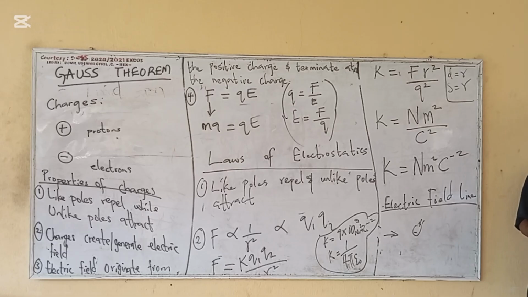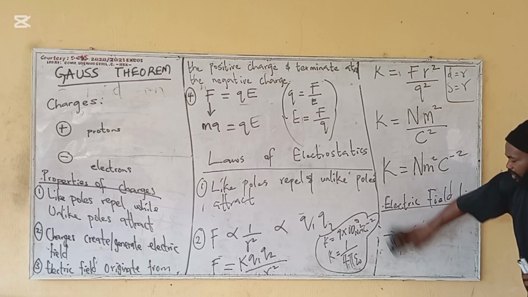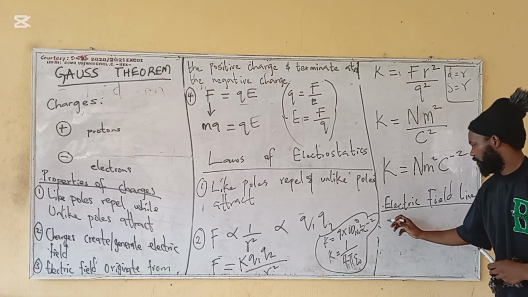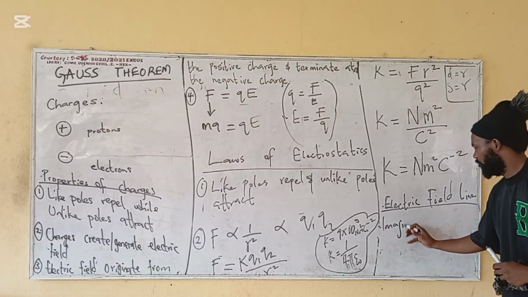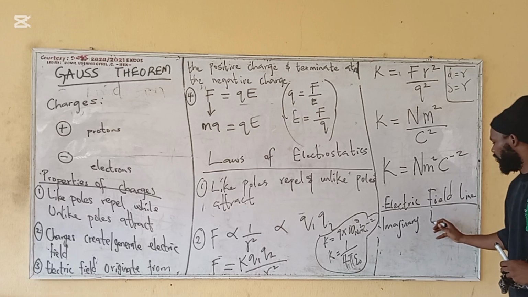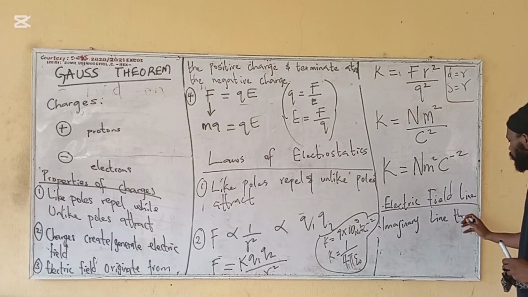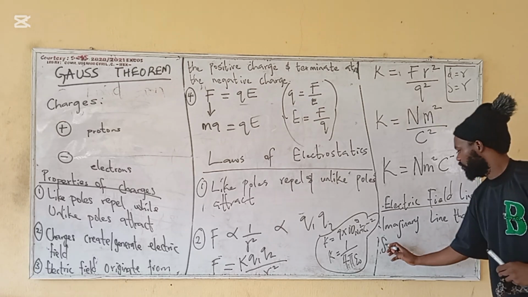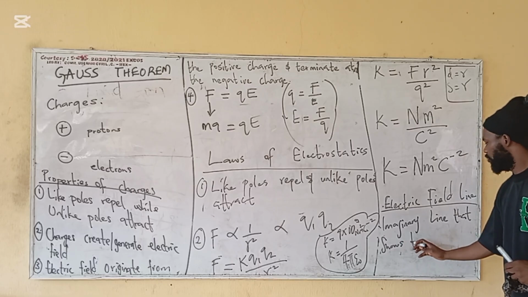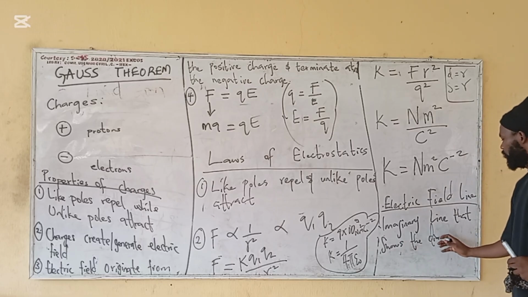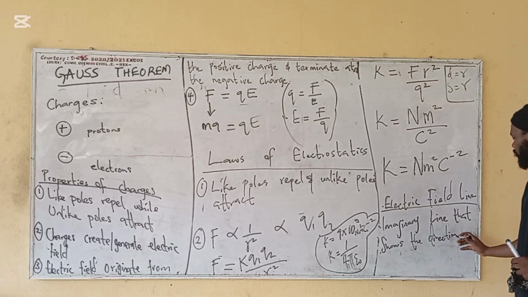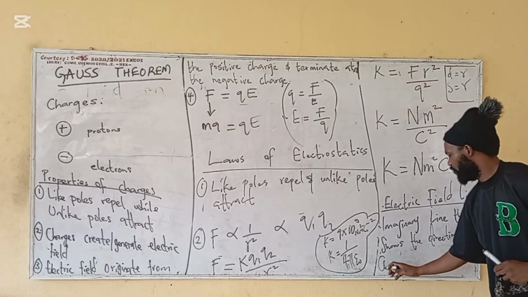Or you can also define it as an imaginary line that shows the direction of charges in an electric field. You know that what causes electric field is charge. So we can say that it is an imaginary line that shows the direction of charges